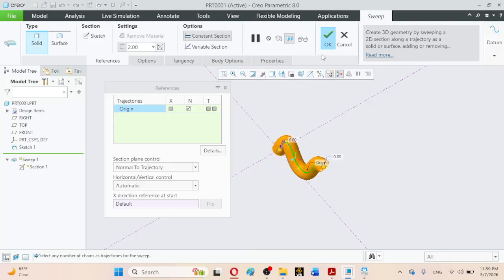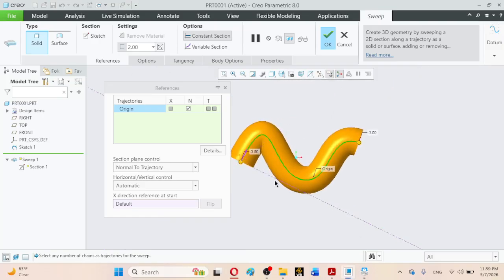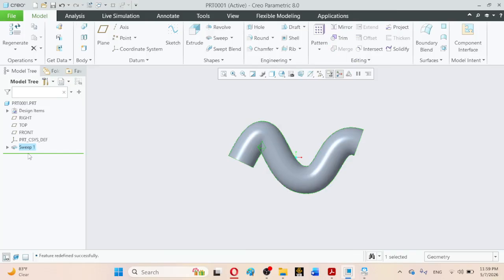What I want to demonstrate is the size of the cross section when the trajectory is complex. For example, at this moment I am modifying the trajectory in some way so that it has further sharp bends. So how will I be doing that? For example, click on OK, and